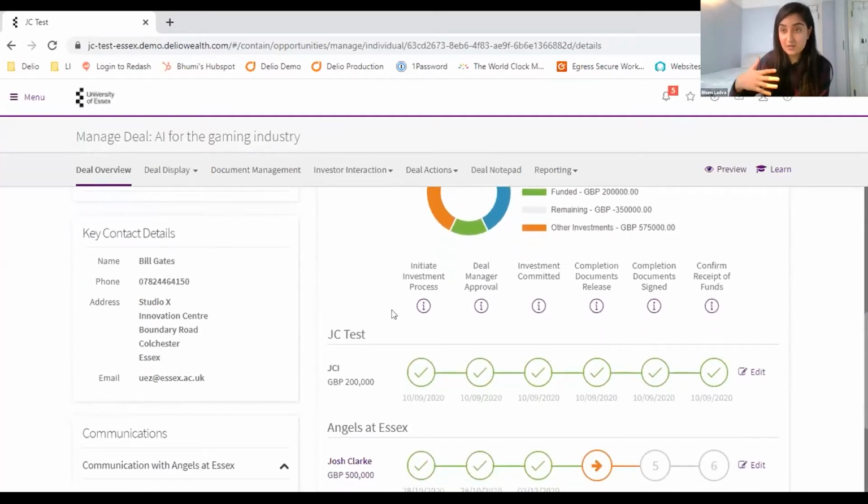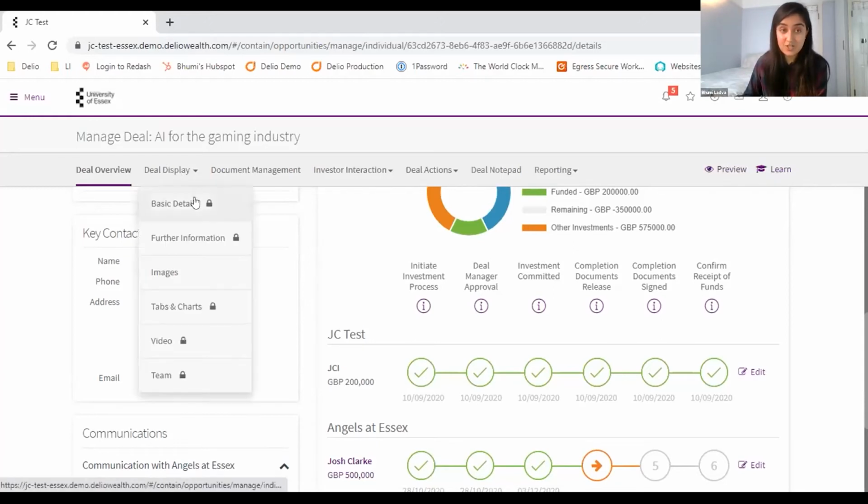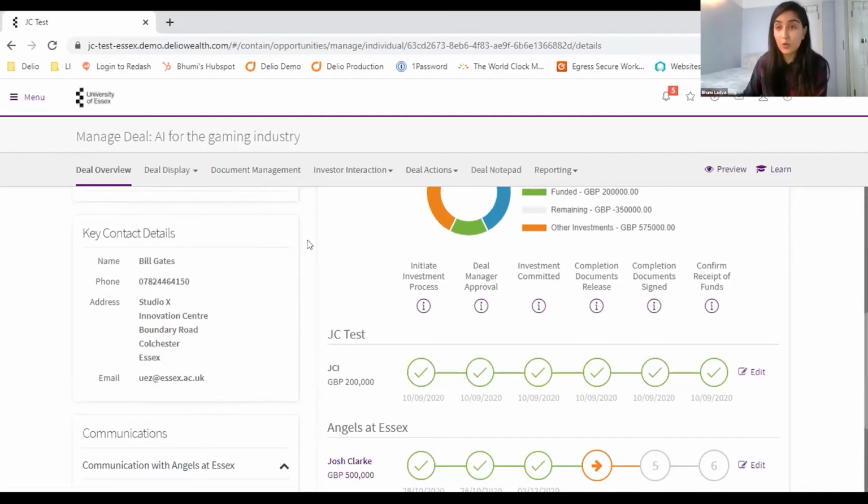When a deal has been approved and published by University of Essex and is in the eyes of the investors, you will not be able to edit any of the information. You'll see that there are locks within this, and this is purely because we don't want to be changing information when it is being presented to the investors.